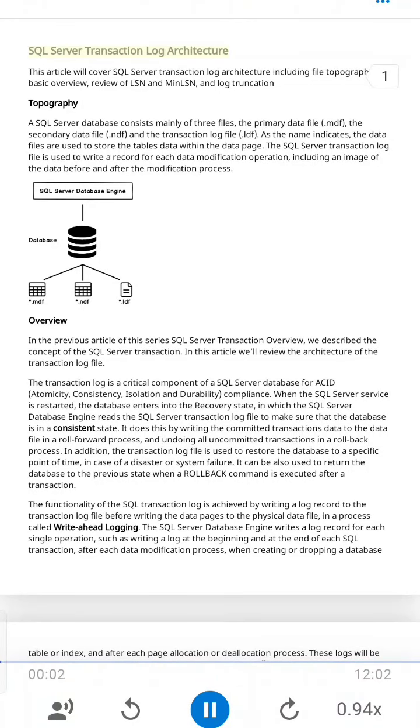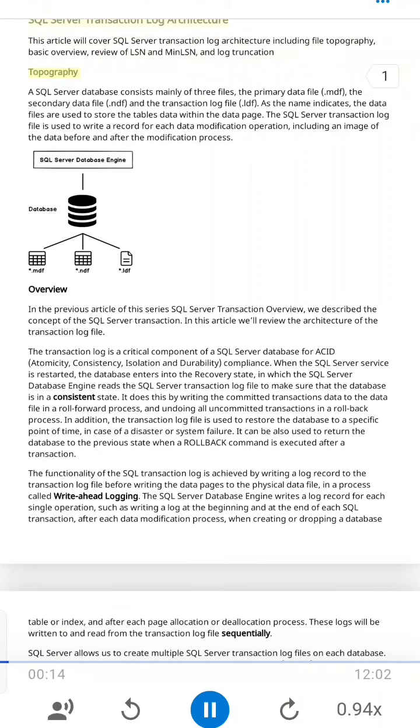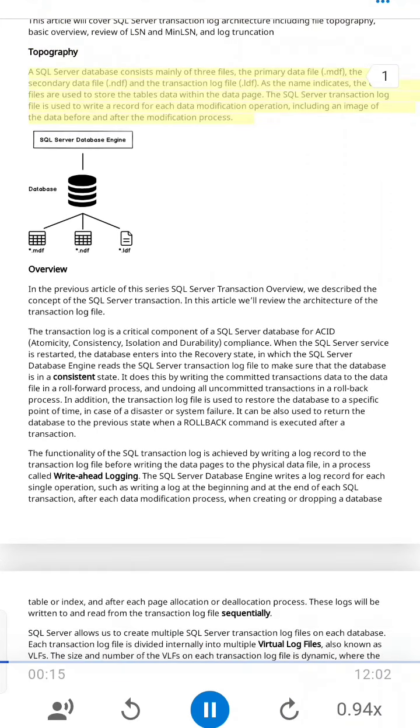SQL Server Transaction Log Architecture. This article will cover SQL Server Transaction Log Architecture including file topography, basic overview, review of LSN and min-LSN, and log truncation. Topography. A SQL Server database consists mainly of three files: the primary data file, the secondary data file